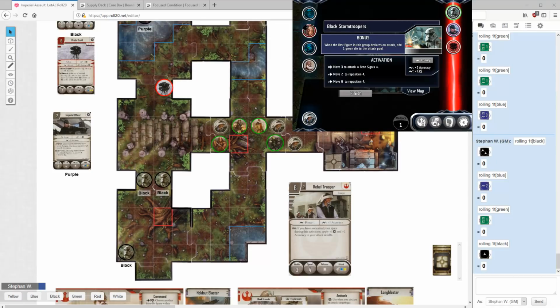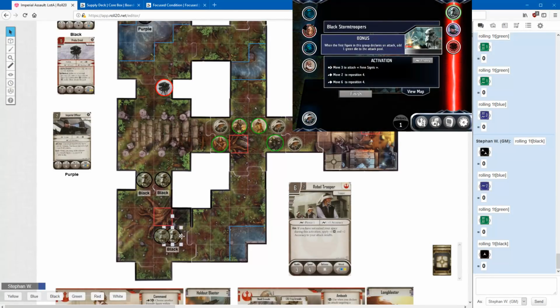So he's moving 2 to reposition. Wait, moving 2 there. And then he's... whoop. And then he's moving 6 to reposition 4. 1, 2. Because now, 1, 2, 3, 4. He's 4 from Mag. That's the activation of the